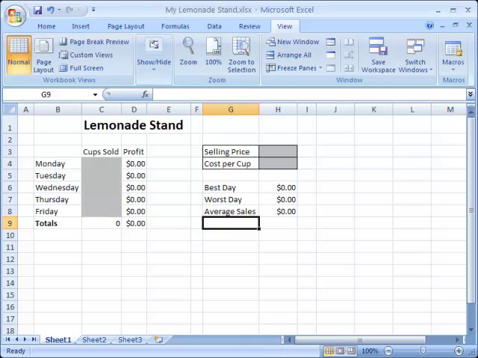Here we've set up a fictitious lemonade stand with 5 days worth of sales data. All of the cells that are highlighted in gray will be data that we'll enter. All the other cells will be automatically generated by Excel for us based on the formula that we've put in,